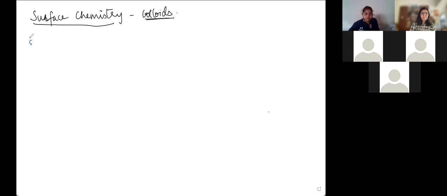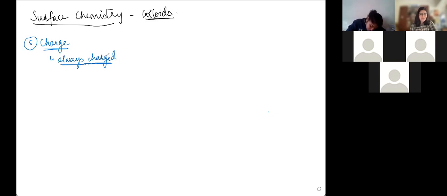The fifth one: charge on colloids. Colloidal particles are always charged. Obviously, particles have a specific charge, but overall it's all neutral, just like with solutions and other things. Just that, for example, if you recall soap solution,